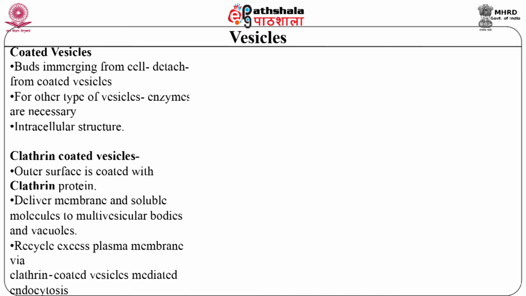The outer surface of the vesicle is covered in a lattice or cage-like coating of protein called clathrin. Clathrin is a protein that forms a lattice-shaped covering on the cytosolic side of the cellular membrane. These cytosolic sides are referred to as coated pits. Clathrin can self-assemble spontaneously and it can play a major role in deforming the bubble vesicles.